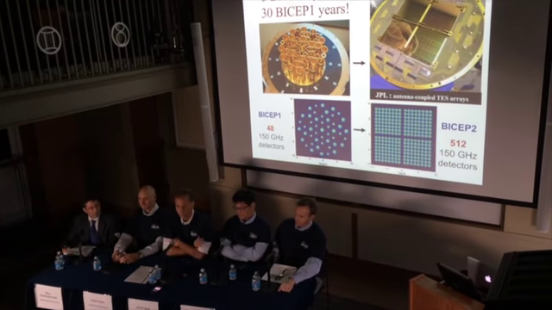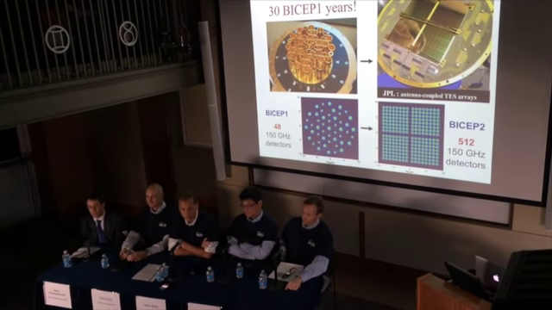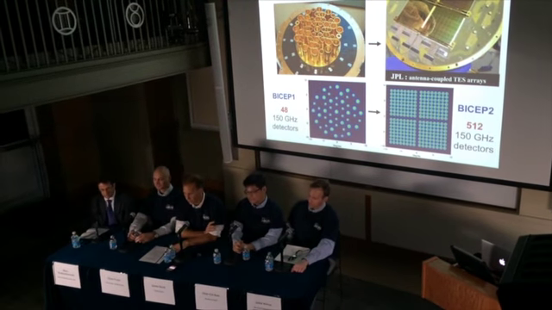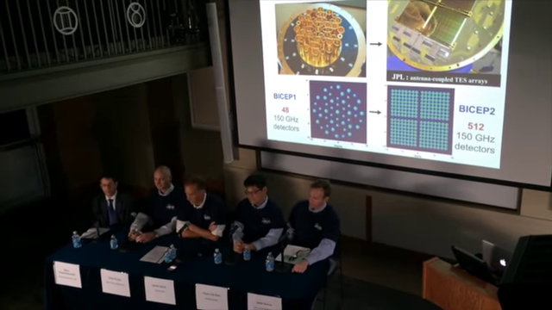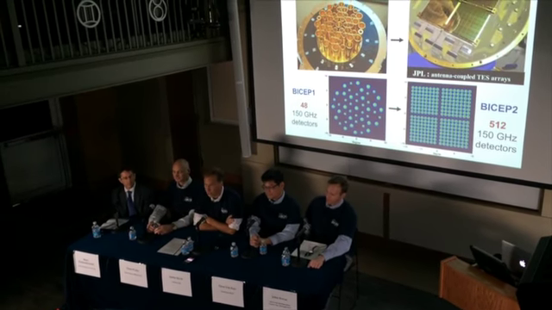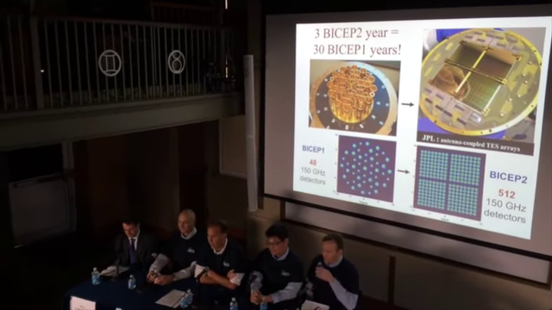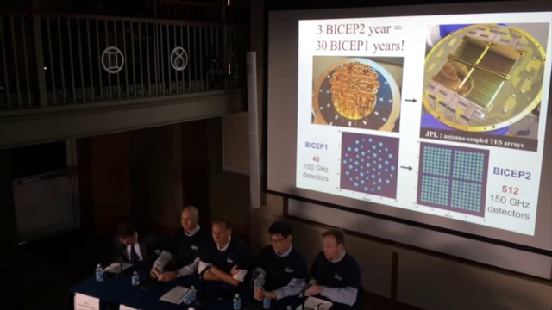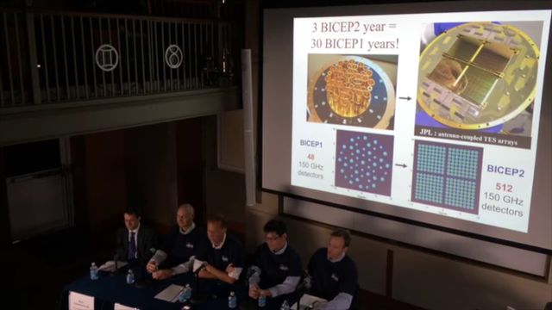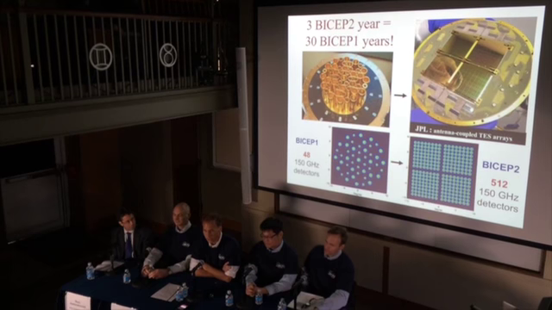Okay, on the left is what a state-of-the-art focal plane would look like in 2005, and that's the BICEP1 focal plane. It has about 100 detectors, and that was state-of-the-art at the time. The detectors in this telescope are actually limited to a large extent by photon noise from the background it observes, and in fact, we can build detectors that are limited by photon noise from the microwave background itself in space. So the name of the game is to build more detectors,